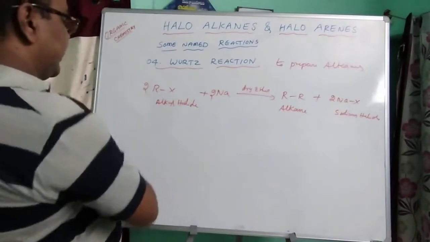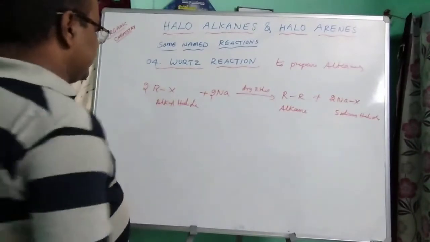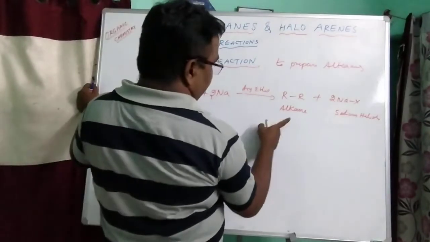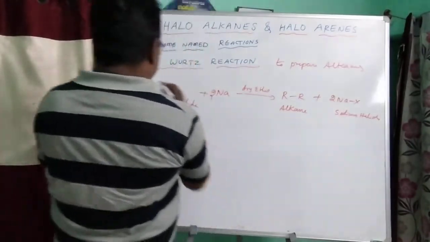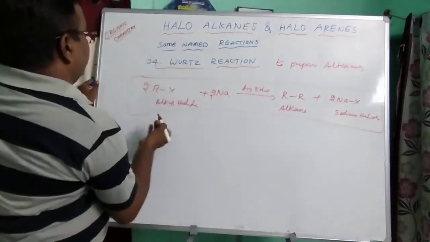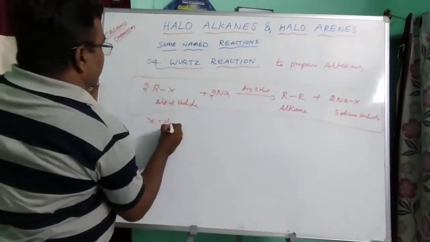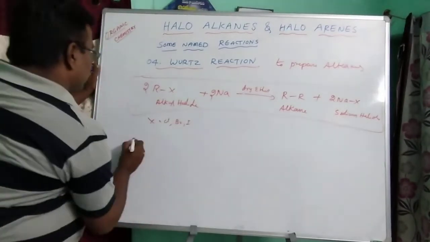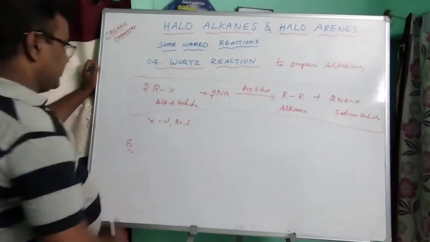So what is Wurtz reaction? When alkyl halides react with sodium metal in presence of dry ether, it gives alkanes. So this is known as Wurtz reaction. Here X we take as chlorine, bromine, iodine. So for example, we know that